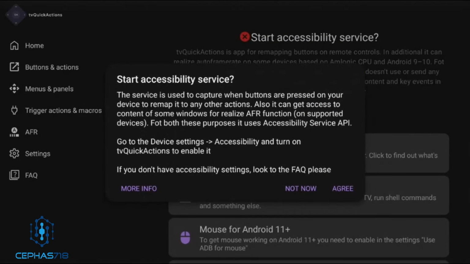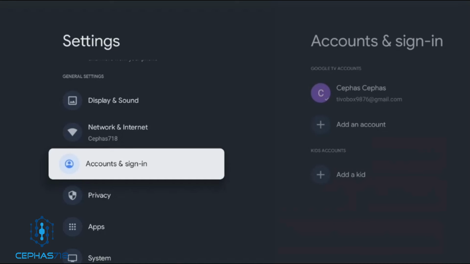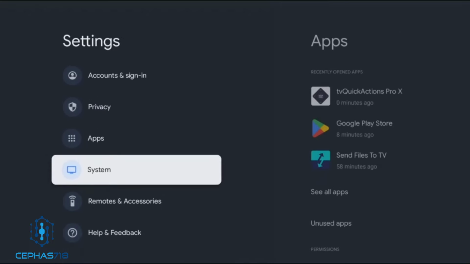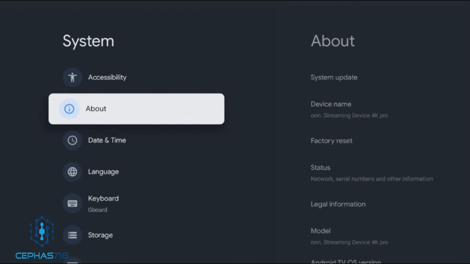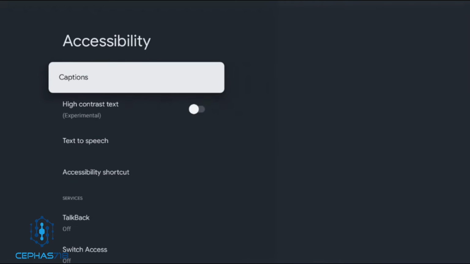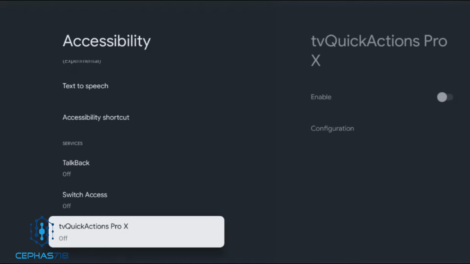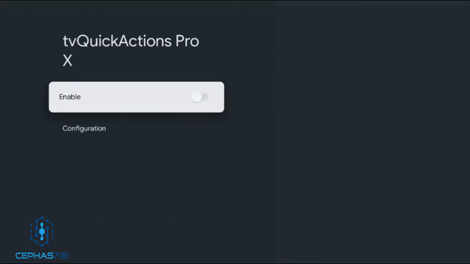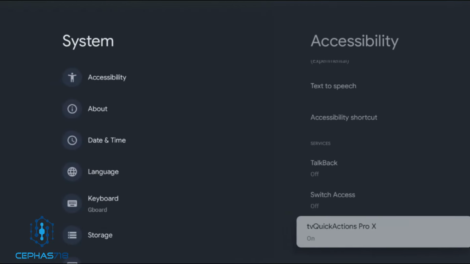Okay, now this is the Start Accessibility Service. We're going to hit agree. Okay, so now once you agree, you're going to scroll down to where it says Systems. Once you're in Systems, you're going to see the first option here, Accessibility. Okay, once you're here, scroll down, and you're going to see the TV Quick Actions Pro, and you're going to enable that, and you should be good to go. Let's head back,